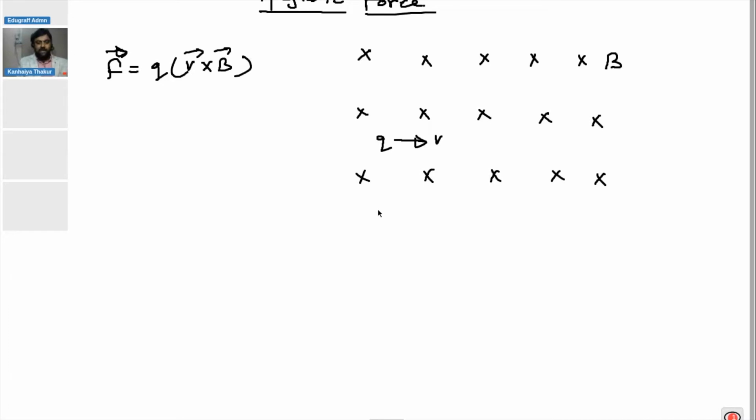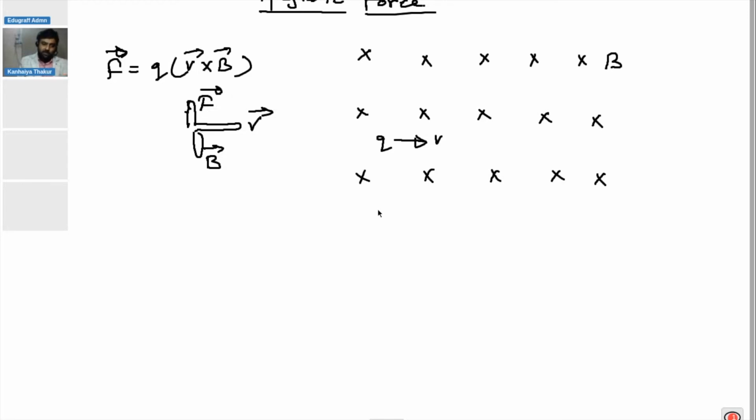Also we can use Fleming's left hand rule. With the help of that rule, we have to stretch the thumb and first two fingers in such a way that the thumb, let's say this is your thumb. It's a 3D diagram, but I'm trying to draw it. So let's say this is the first finger, which is towards the velocity, and this would be the finger which will be towards the magnetic field. So this represents the field vector, this is the velocity vector, then this will give you the direction of the magnetic force.